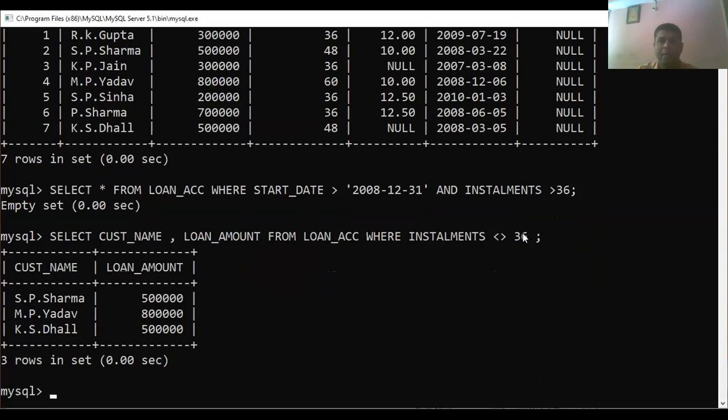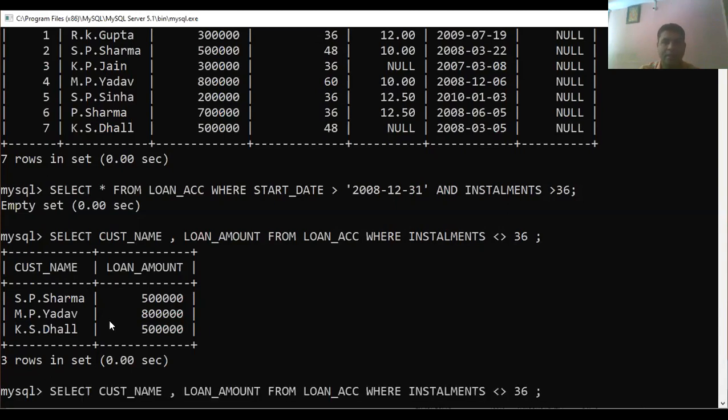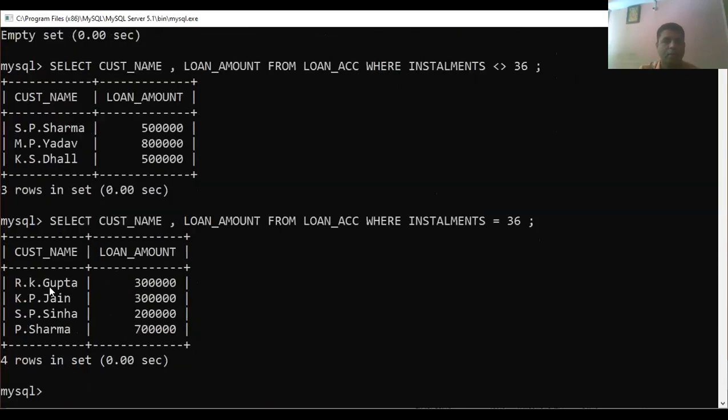If it is equal, then it will print only the customers who are paying the installment for 36 months. Just see that example and you will come to know that if you print equal to, the same customers who have taken the tenure of 36 months will appear.